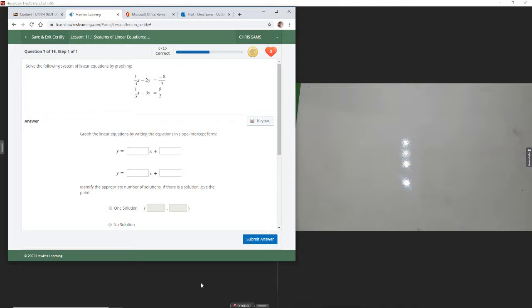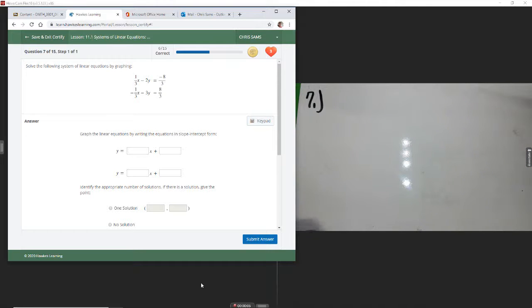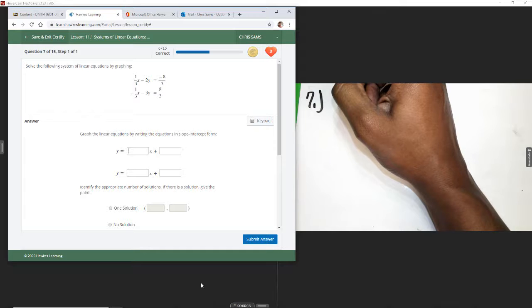All right, number 7. We finally get to have some fun. Got some fractions here. All right, so we're going to do the same thing. We're going to solve for y and graph these equations. So the first one we have